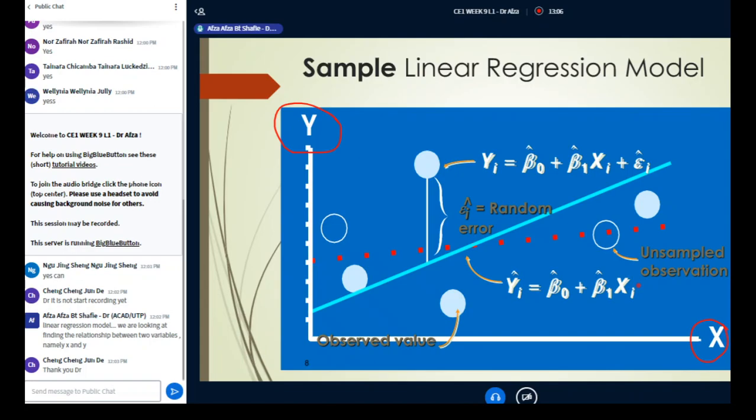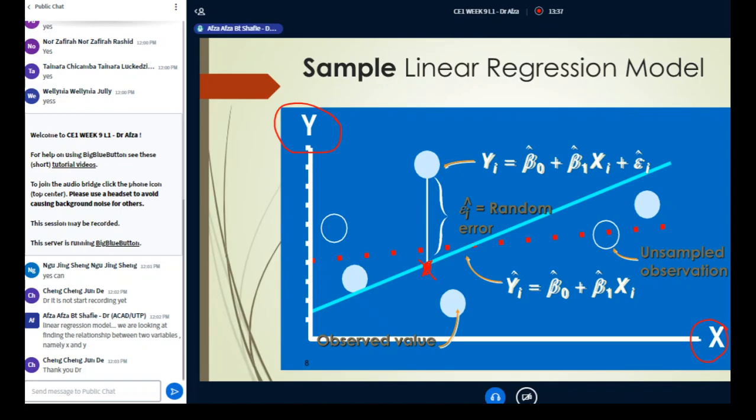Error in the sense that this is the actual value, but your line says that it is just here. So if you base it on your equation, this is the point that you get. So this is the error that you need to consider whenever you do this